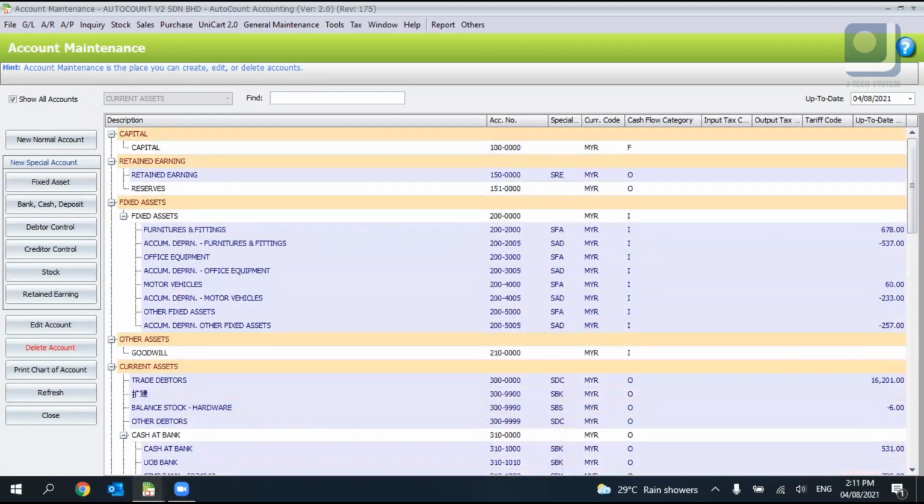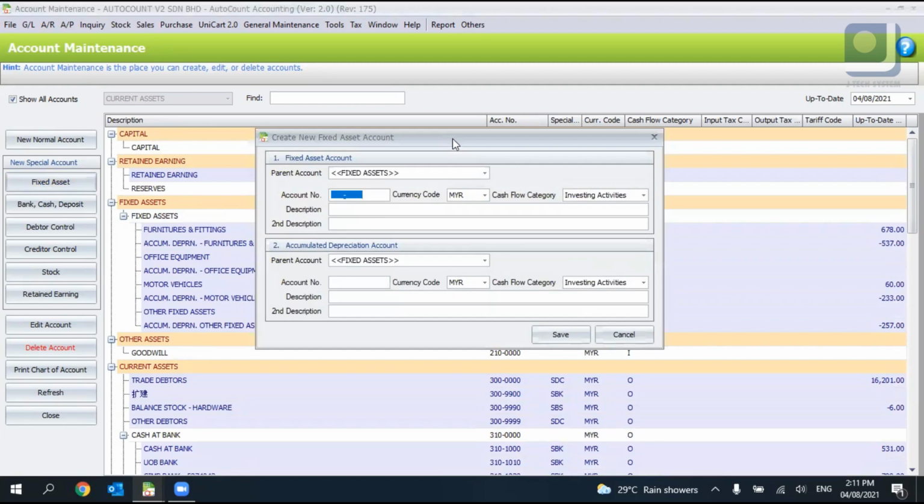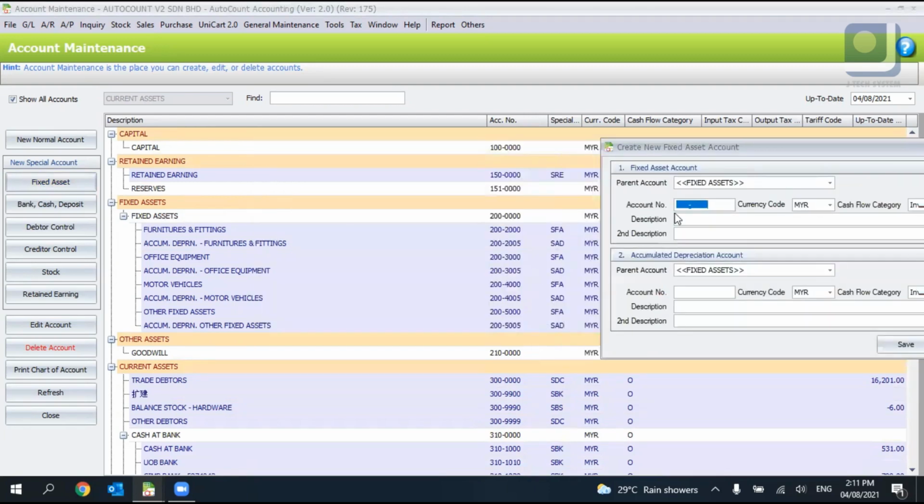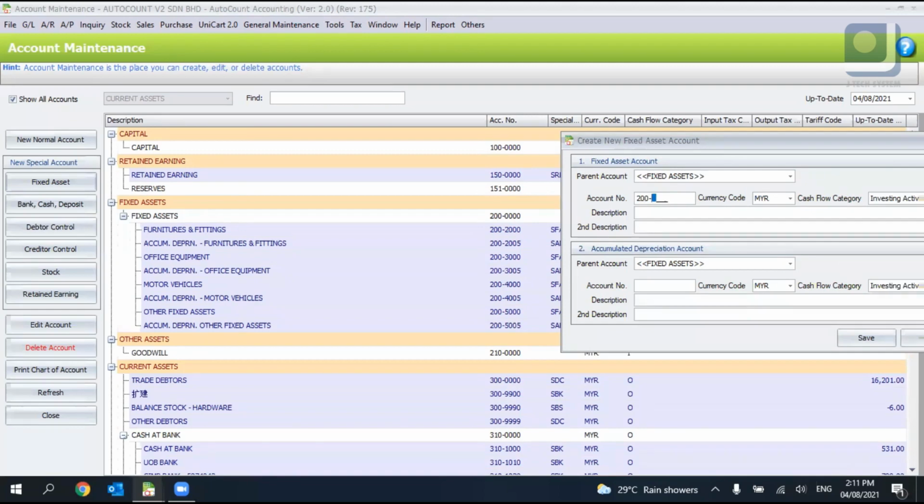So for special accounts, there are a few types. The first will be quick access. Okay. So for quick access, each time you create one, it will ask you to set up two account numbers. So you can refer to here, say 2002000. So for the new one, you can create it as 206000. You can create it as, say,